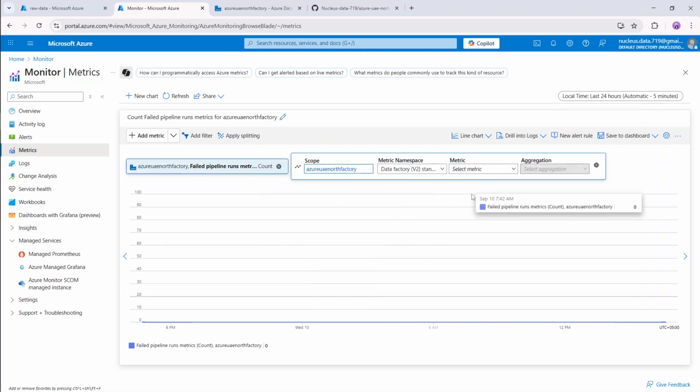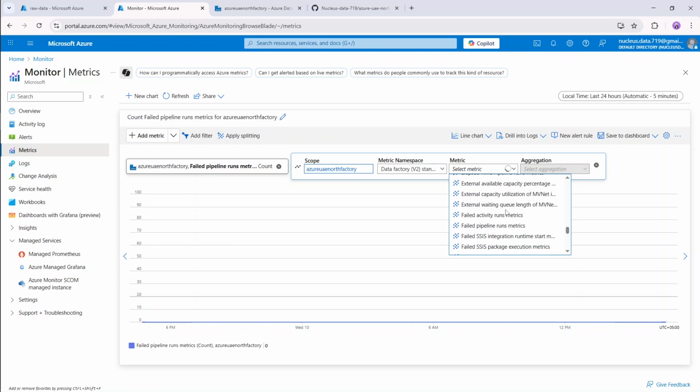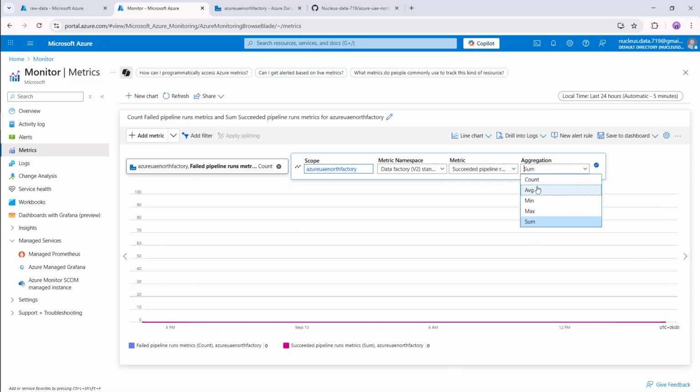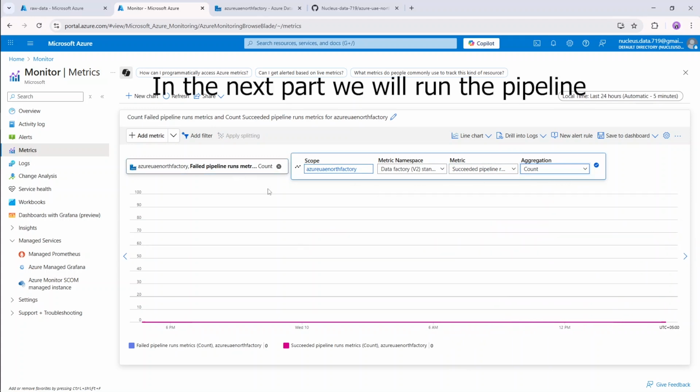All right, let's add another metric, and this time it will be for pipeline runs metric. This will be when the pipeline succeeds, and this will be for when the pipeline fails. Okay,